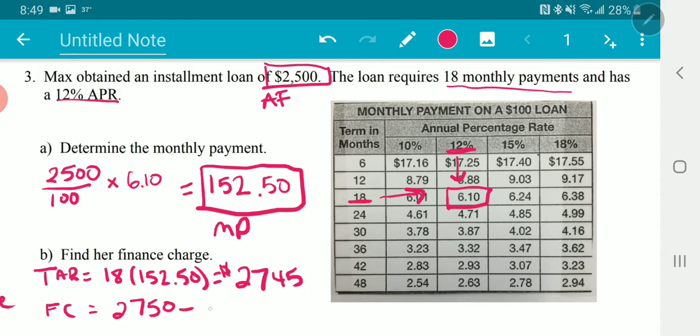2,750 minus your original loan or your amount financed, which is 2,500, and your finance charge comes to